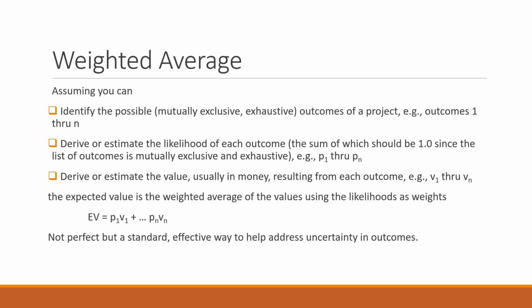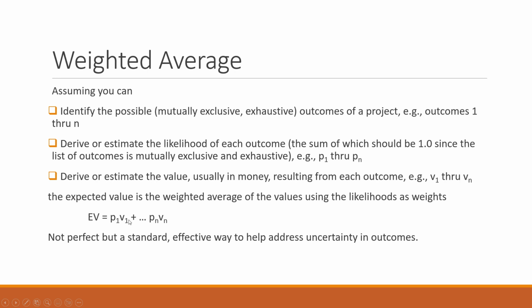Usually it's a monetary value, but something resulting from each outcome. Okay, if we do this thing and it rains, it's going to cost X because we had to give everybody a rain check or something. If the weather is nice, maybe we're going to gain Y, or another value, because we had the fair or whatever it is. But there's a value that results from each outcome, and the weighted average or expected value is